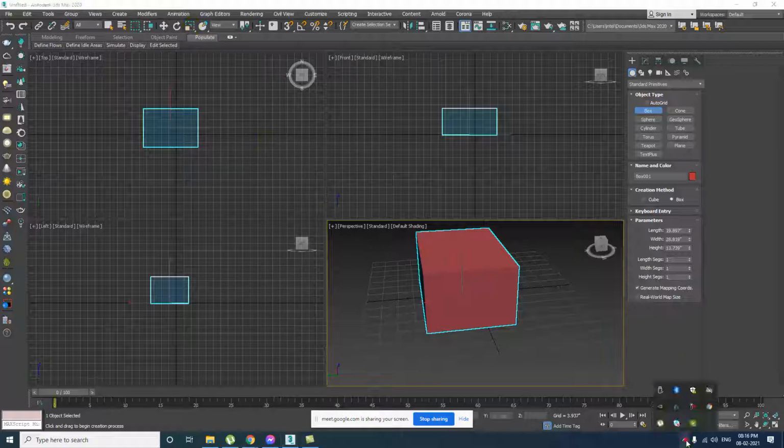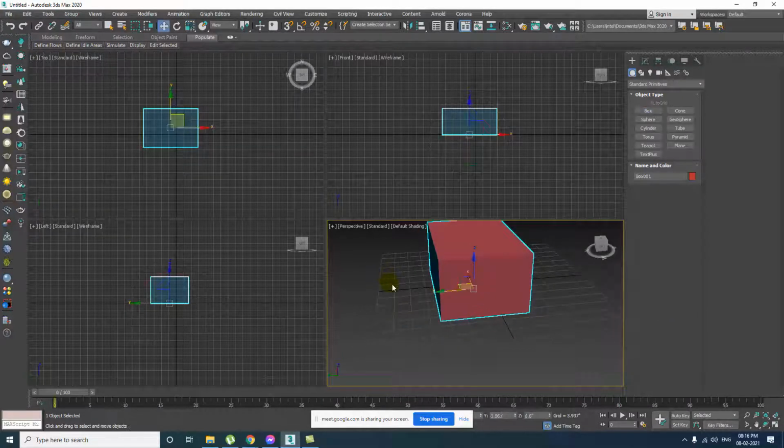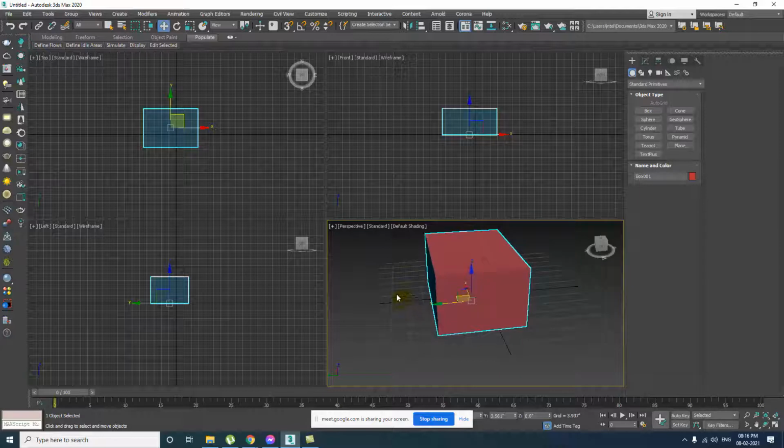Okay, so let me show you one by one how you can do that. I will press escape. Escape is for a different option; the drawing mode is not going with it. Right now I have to press W, or click on the icon on my toolbar. So I will press W. One second. Yeah, it is taking time. I don't know why my 3ds Max hung.